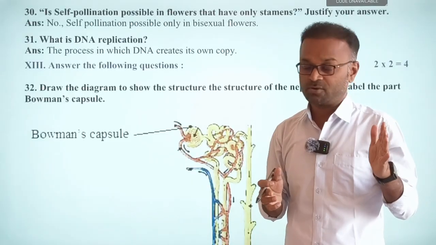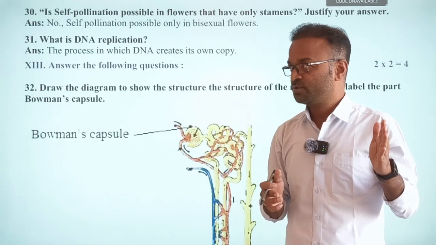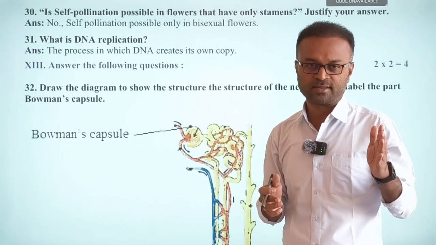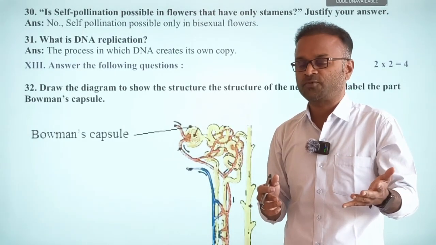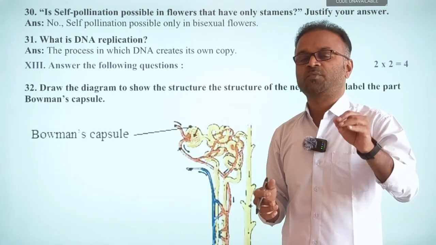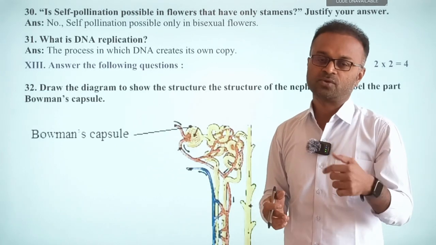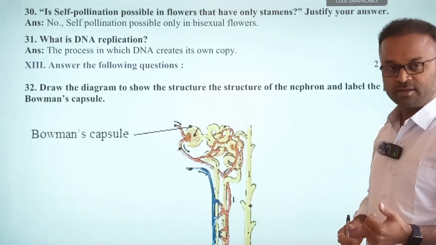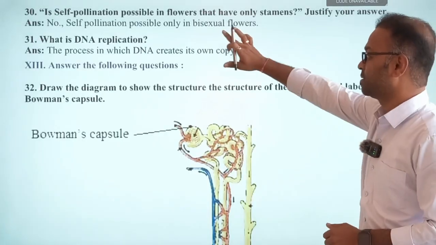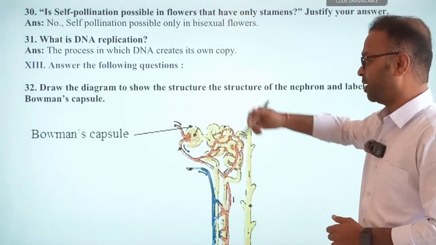Last year there was one question asked, which is the information source for making the proteins. And when you heard the word protein, most of them wrote the option as ribosome, but the information source for the protein is DNA. So like that they'll come up with the question. Be careful. You tend to score 99 and you miss out 1 mark. So that's what will happen. This concept, DNA, variation and all.